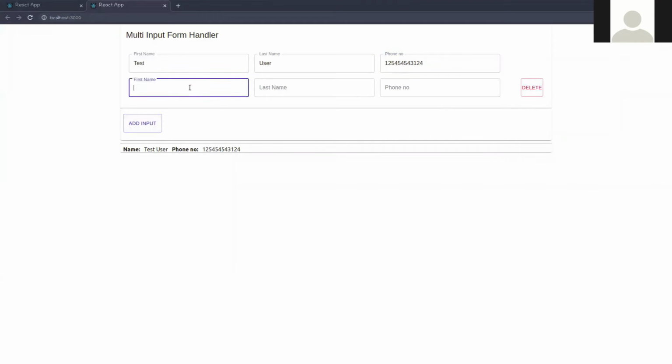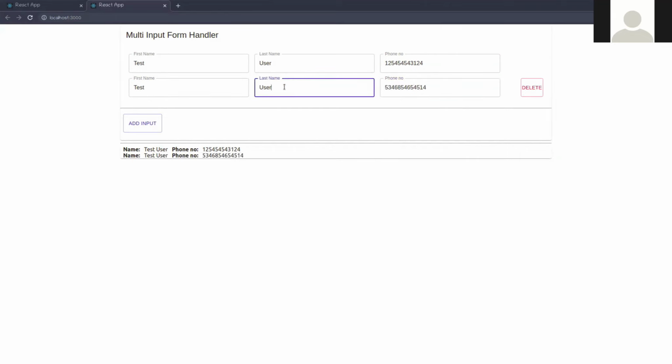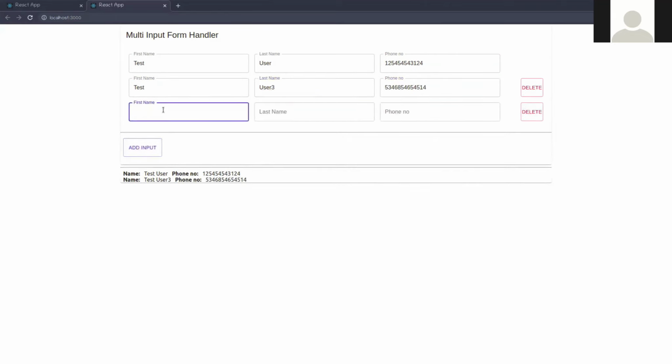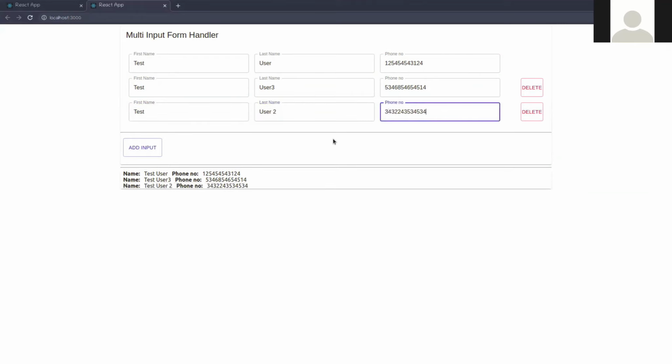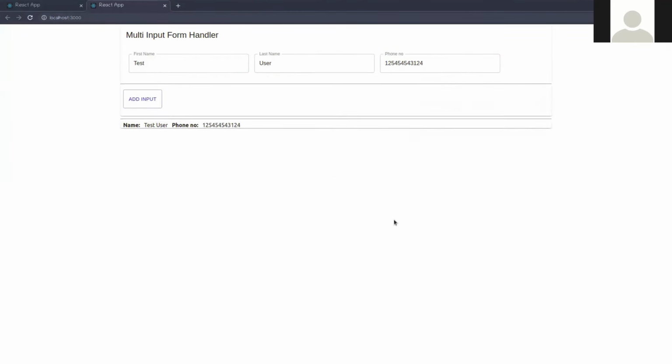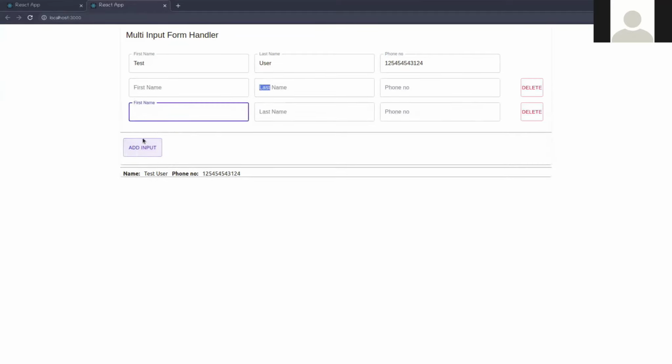See, another input has been created, like test user, you can give user 3, test user 2. Okay. So if you want to delete, so delete. See, delete. So everything is working perfectly.